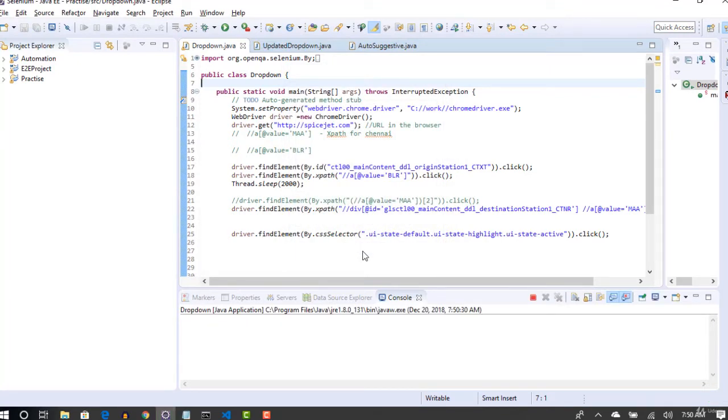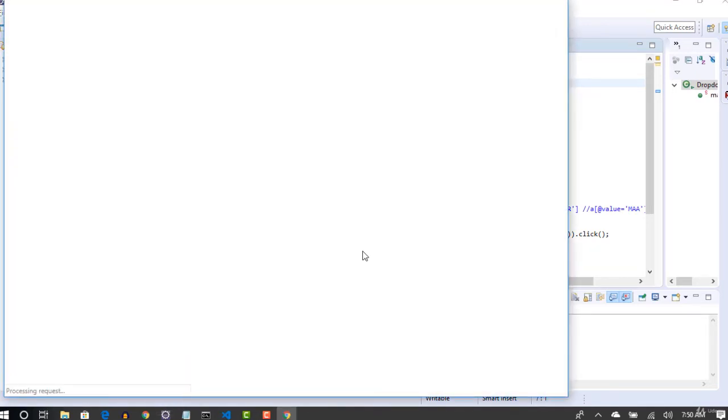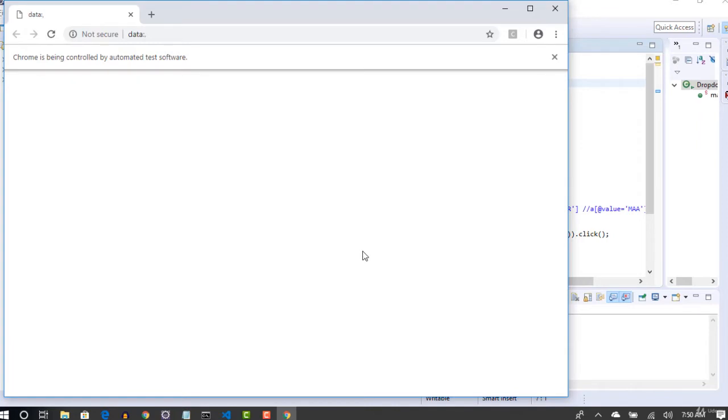So you may have some questions in your mind right now, like what if I want to select a future date? What if I want to select a date from a specific month and a specific date instead of the current date? So let me talk about that. That's something which we want to go some deep into the classes and observe the locators.